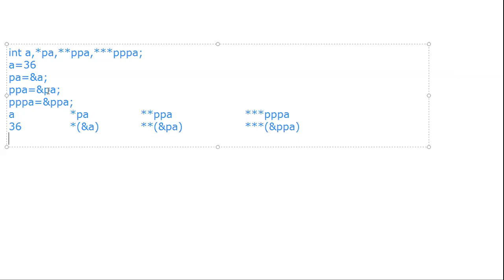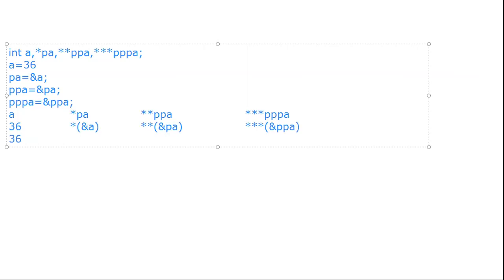So next, A value is 36. Now you can display star of ampersand A. Star of ampersand A means it retrieves the value in that address. So in which address does it retrieve the value? It retrieves the value in A's address.